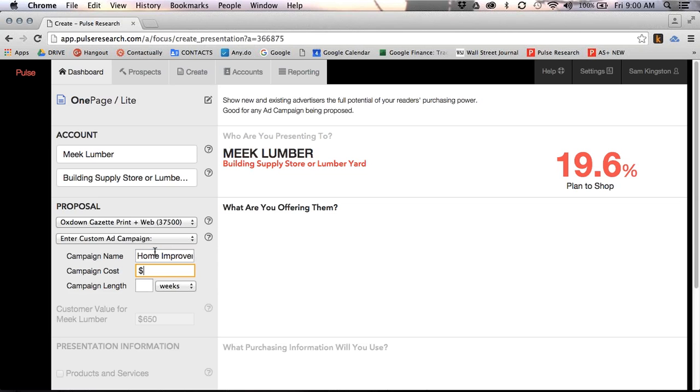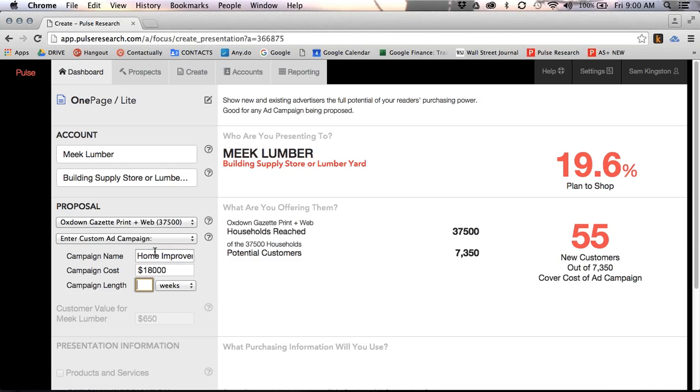And then let's put in our campaign amount, and let's put in $18,000 over 52 weeks. We strongly encourage you to present a consistent 52-week program. And look at this. The new setup shows you the details, a look at the presentation and what it's going to have. What's the key here is, how many customers do they need to pay for the campaign? And look at this. It shows you in the setup that all they need is 55 customers out of the